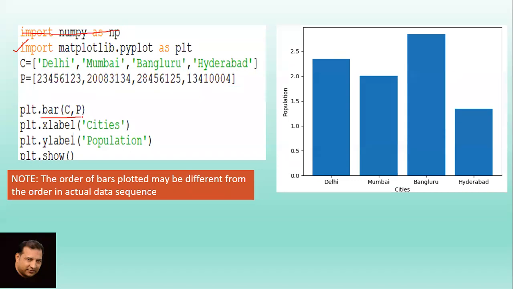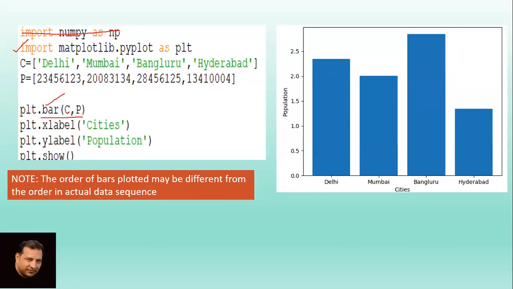How these functions are working, you need not worry about that. You just have to know the name of the function and their arguments, learn them, and questions will be based on that only. For example, if the question is to create a bar chart based on this, you should know how bar is used.